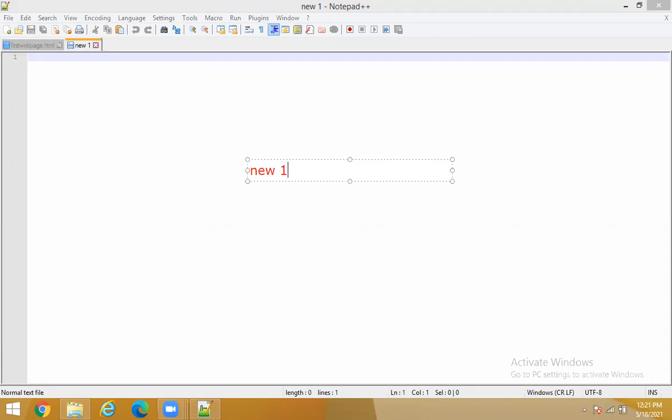But what is the problem, guys? You know that MS Word files are stored with .doc extension, sometimes also .docx. Similarly, we use .xls for Excel files, and .c for C programming files.